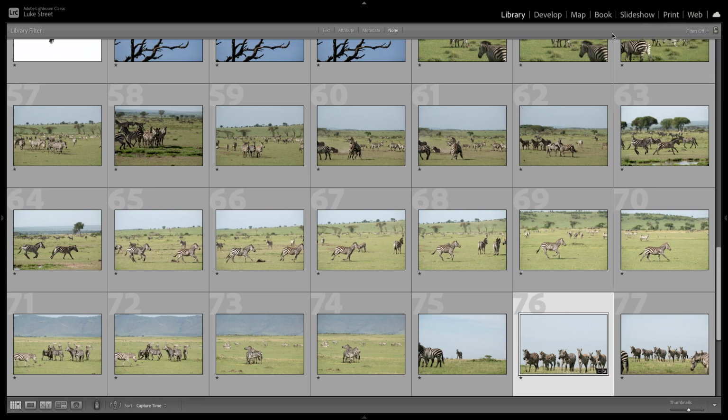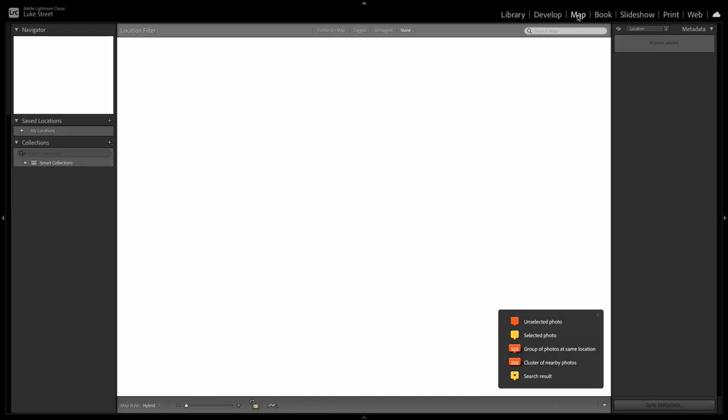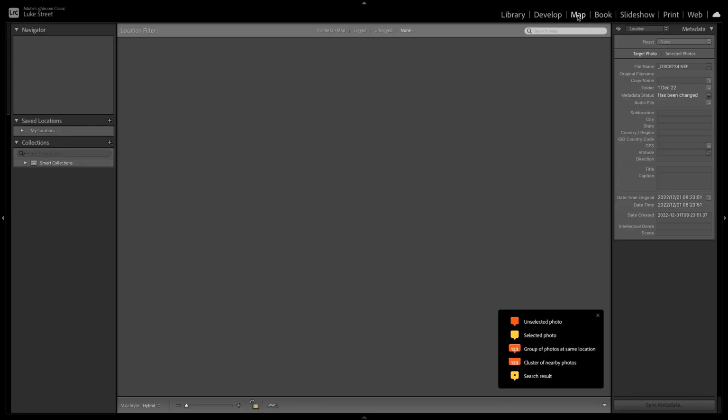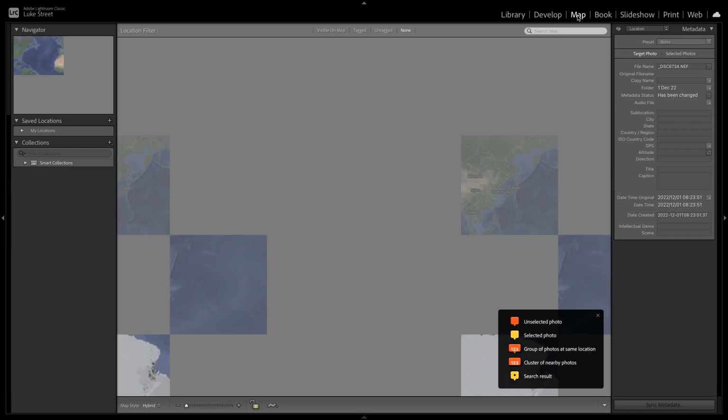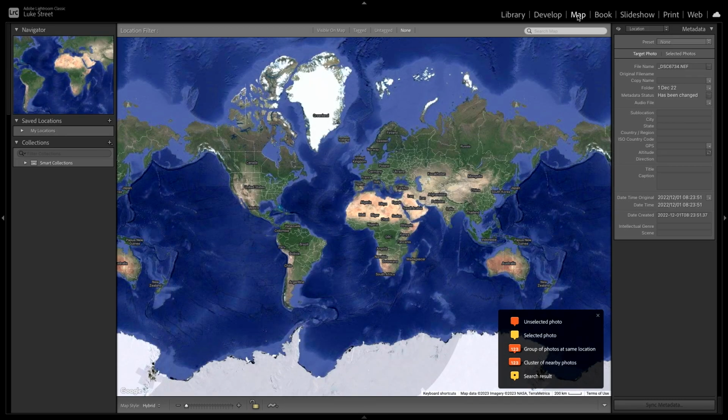Okay. Now up here you have a map feature. This only really works if you're geotagging your photographs. I don't geotag them. I know Canon, Sony's, they kind of do it automatically. Nikon, you always needed a bit of an adapter. I shoot Nikon, by the way. You always needed an adapter to do it. The new cameras have it built in, but as you can see, I'm not geotagging, but this will literally show you where your photographs are taken. It's a pretty cool feature. It's pretty redundant, but a lot of people like this sort of stuff. So yeah,